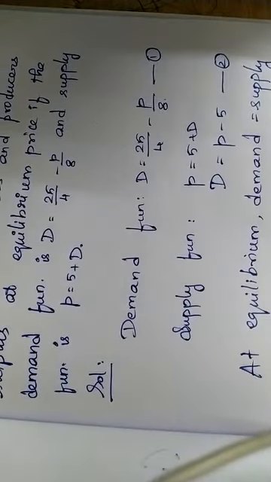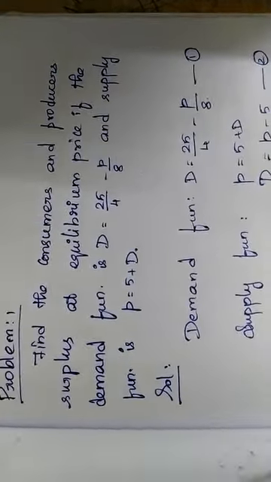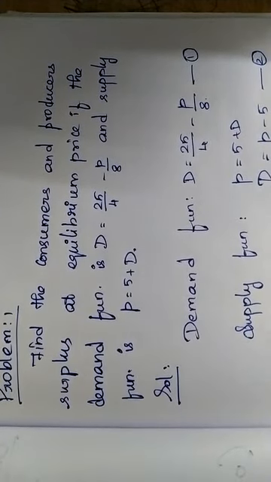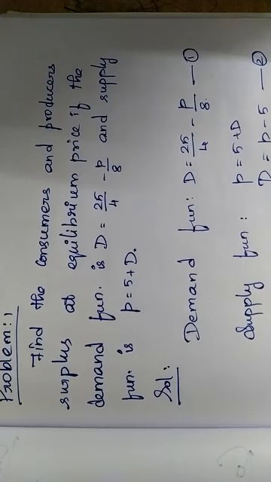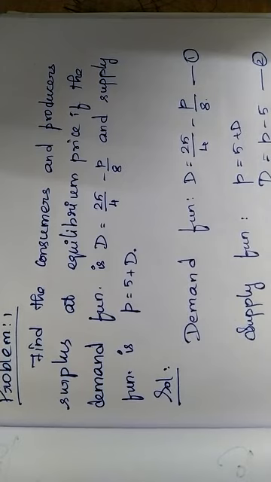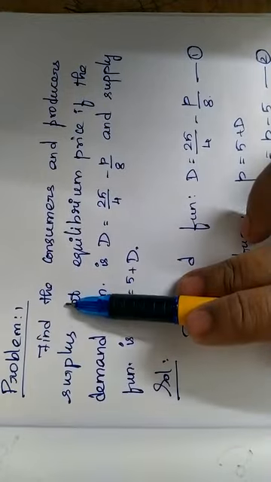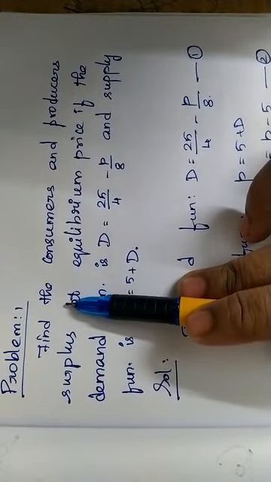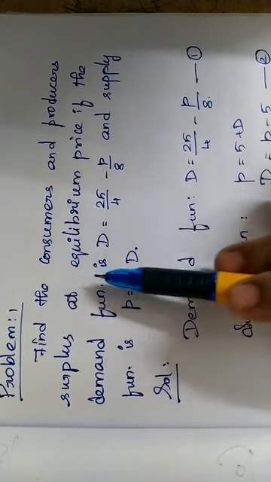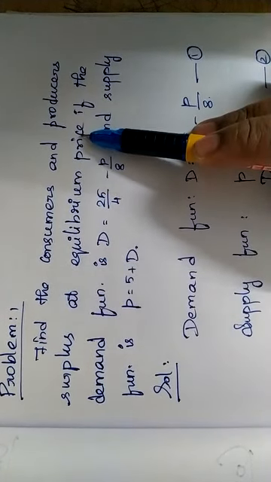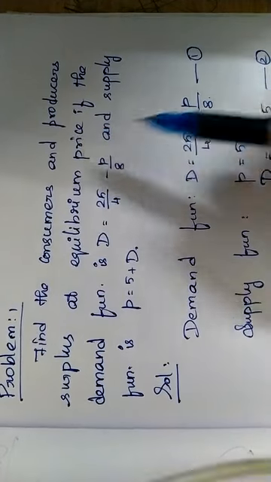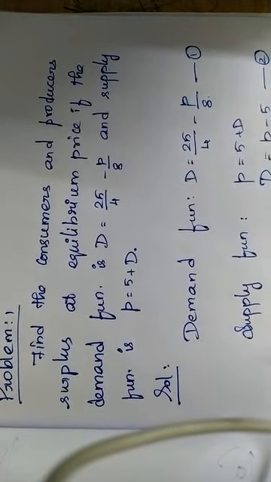So the first problem: find the consumer's and producer's surplus at equilibrium price if the demand function is D equal to 25 by 4 minus P by 8 and the supply function is P equal to 5 plus D. So this is the question given to you, and you need to find the consumer surplus and producer surplus. Before that, we need to find the equilibrium price,